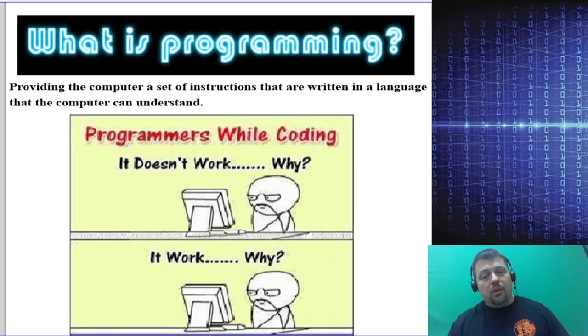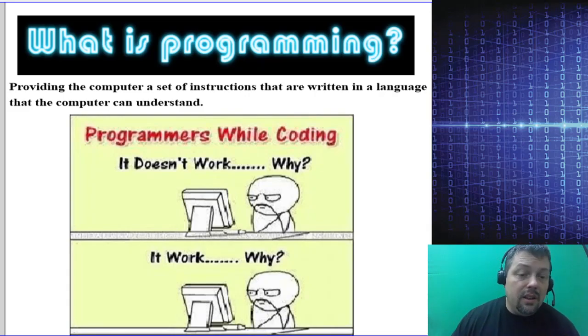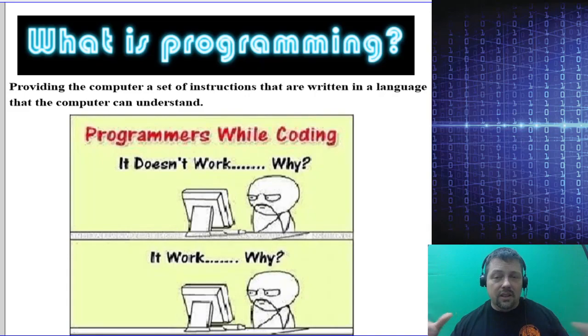All right, so what is programming? Well, it's providing a set of instructions. Now, typically computers are what we program, but you can create an algorithm to solve a problem for a person too, or anything. So, for example, if I were going to explain to you guys how to change brakes on your car, I would give you some very simple general instructions. Take the wheel off, take the caliper off, switch the pads, put the caliper back on, etc., etc. So I would give you these very general directions, and you would fill in the details because you're smart.